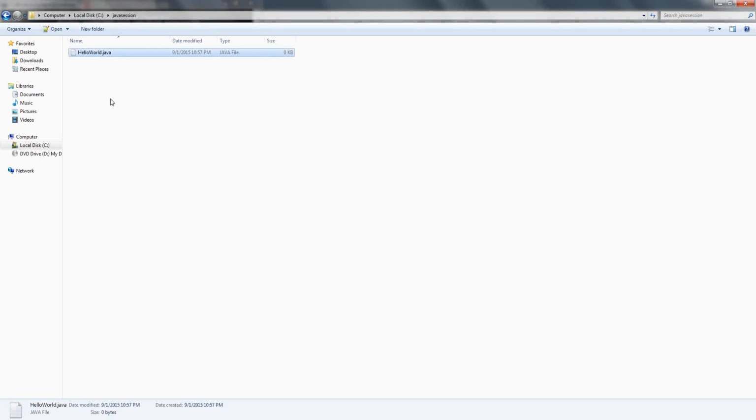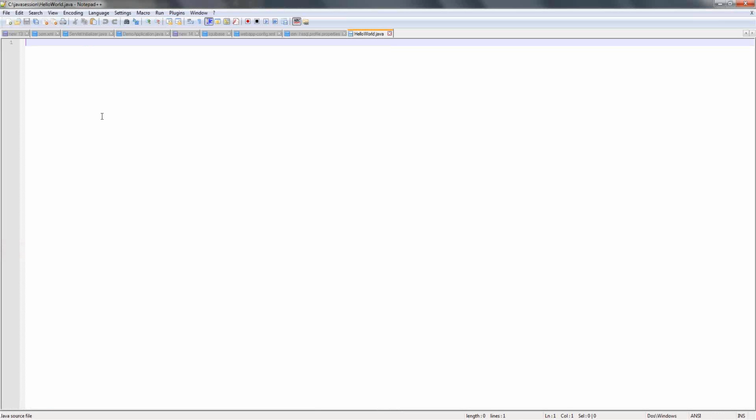This is called the source code, where we write the application, and it's human understandable, like we can read it. It will be developed by us, and then it will be compiled. So this hello world.java, once I open it, right now it's empty. What I will be doing is that I'll write class hello world, then